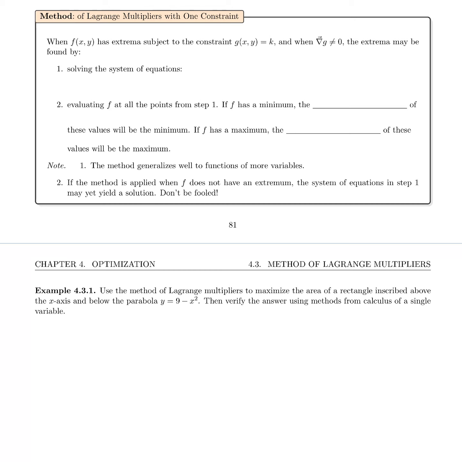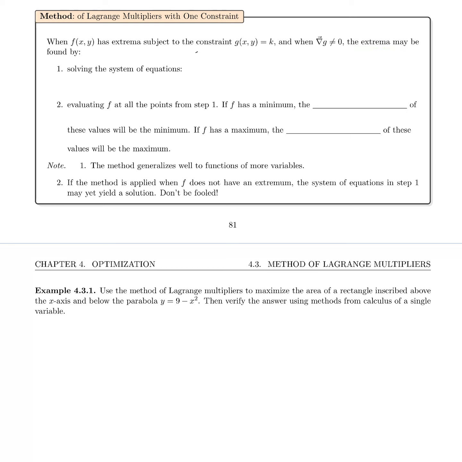In this video, we're going to see the method of Lagrange multipliers for one constraint, and then we're going to apply that method in example 4.3.1. When f of x y has extrema subject to the constraint g of x y equals k, and when the gradient of g is not equal to 0, the extrema may be found by first solving a system of equations, and that